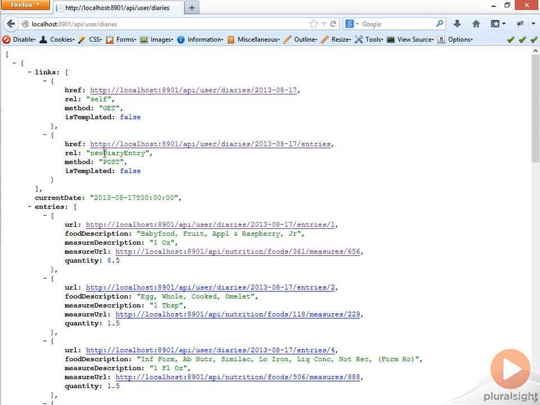It's including the different information we're supplying, and we're saying, hey, when you want to post a new diary entry, here is the href for this individual diary. It's going to give them some information about what has to be done. It's not being incredibly useful for saying what's the structure of a new entry, any of that. That's still going to need to be something you're going to need to document and share with the users, but this will hint at them additional links, and it's very common to have more than one link for each particular entity. Putting these links inside of the entity itself and having it being self-describing is useful in our case because